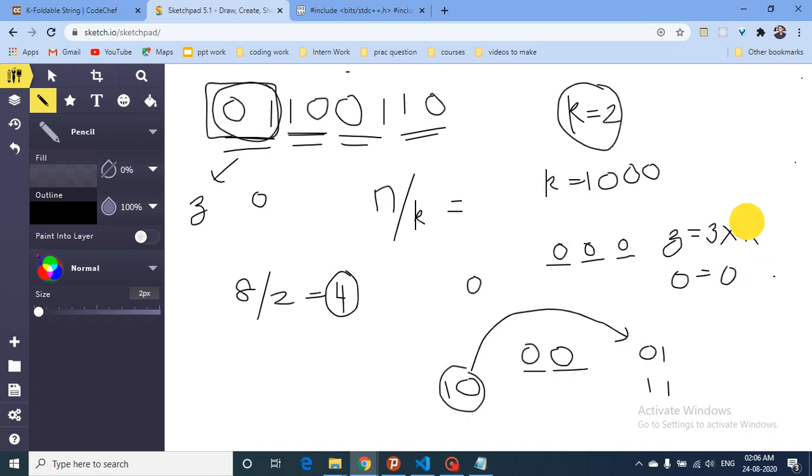Now I have to multiply this K times. Sorry, not K times. We have to find out how many repeats there are. So repeats is equal to N divided by K. Now I have to do this R times and this also R times. If this is equal to the number of 0s which is present to us and this is equal to the number of 1s which is present to us, then this configuration is valid.